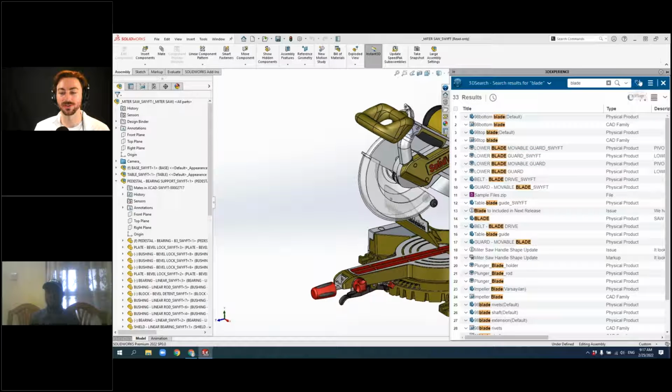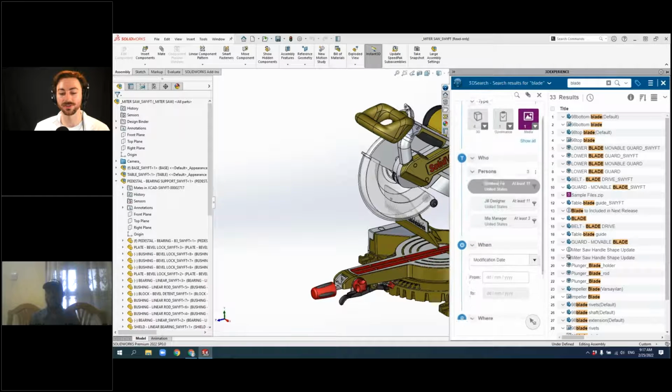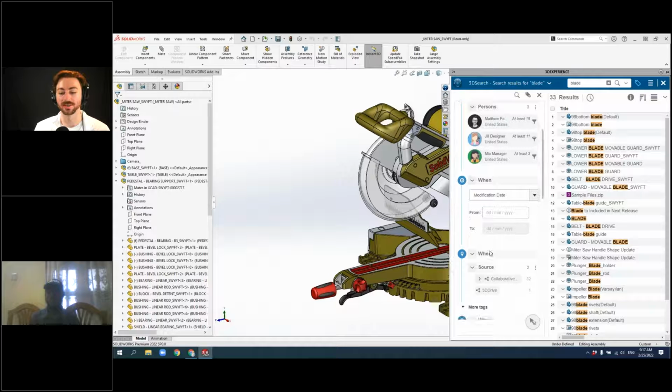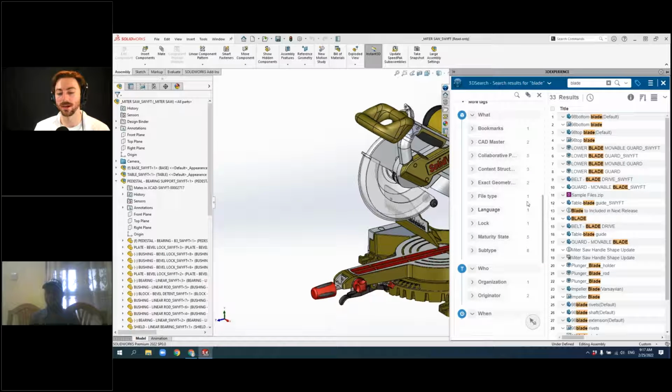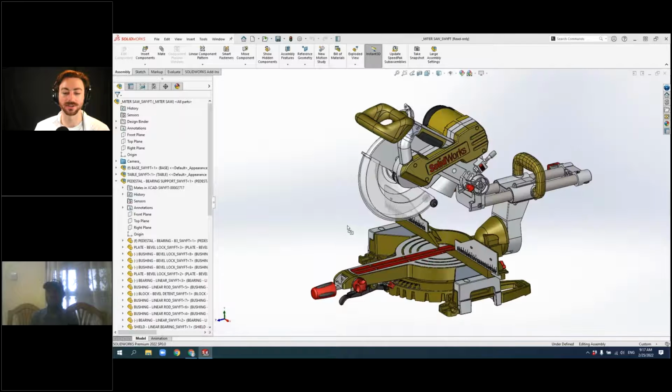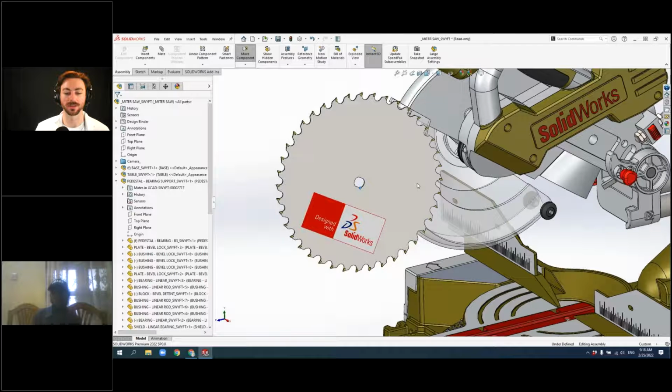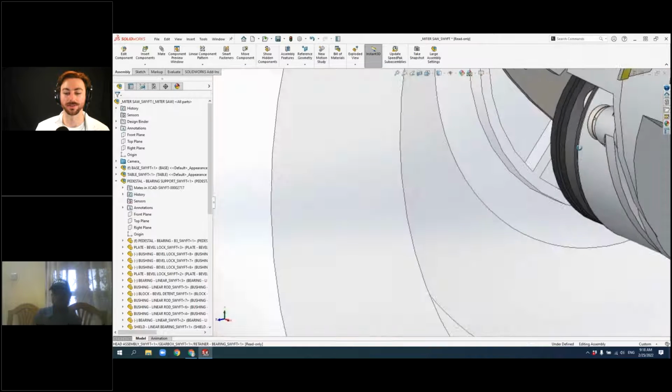We can jump into tagging things to filter out more individually exactly what part we're looking for, but I see my part right here, the blade I want to add. You can think of this as kind of like a Windows File Explorer. You can just click and drag into your session. I haven't had this in my local cache, so you'll see it downloads really quick, and then it will open up right in my session. So that's directly from that cloud-based storage, but now I can work with it right in SolidWorks as you would expect traditionally.